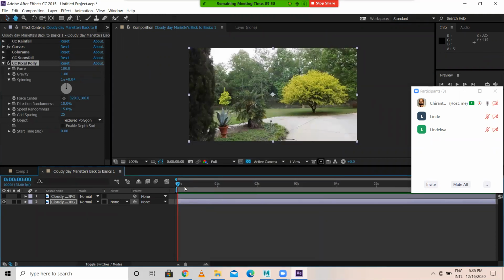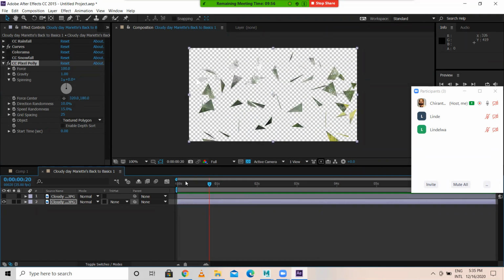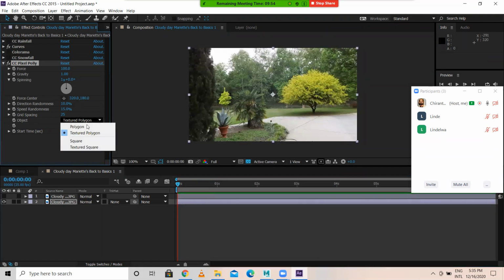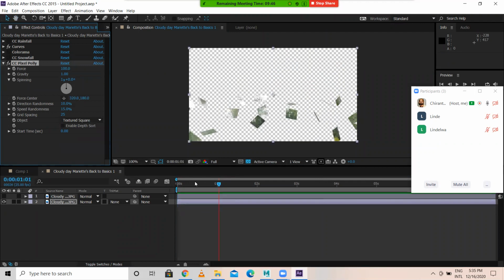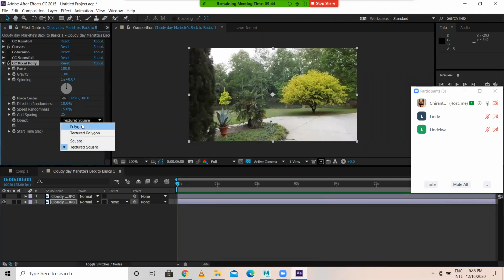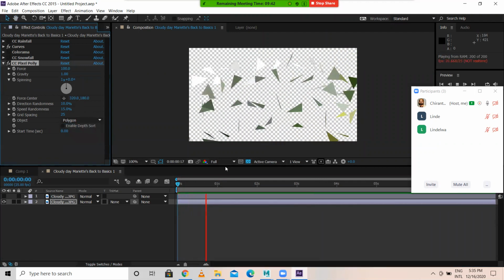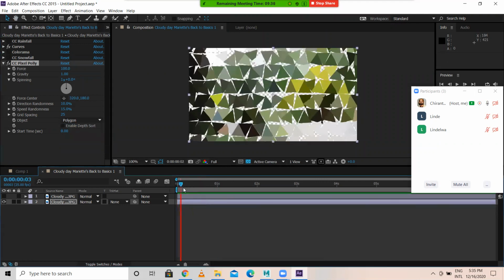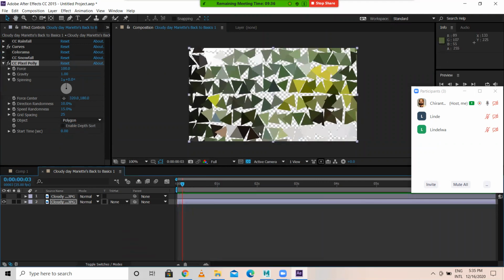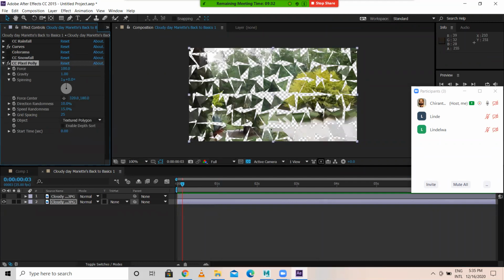it's a simple effect. See, now this is a textured polygon. You want a square like this. You want a textured square like this. Okay, normal polygon, simple color, not the texture. It's just one color. You observe, it's a simple color. Now textured polygon, you get the same texture.